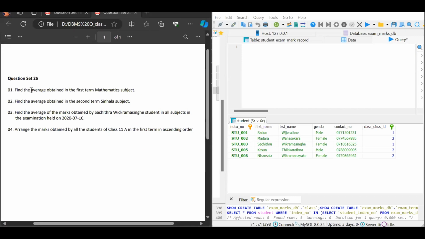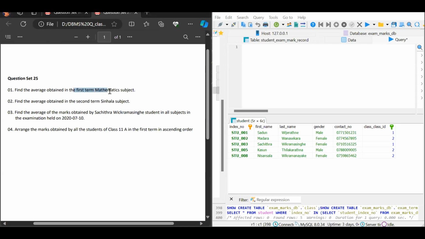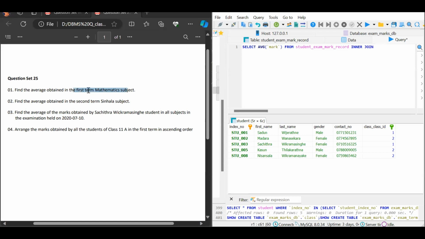In the first question, you have to find the average mark obtained in the first term mathematics subject. So let's start the select query as select. Here we use a special keyword, average, as we need to find the average. Inside the brackets we put mark, and then we use the from keyword. We select the average mark from the student exam mark record table, and we use an inner join here as we need to join the exam term table